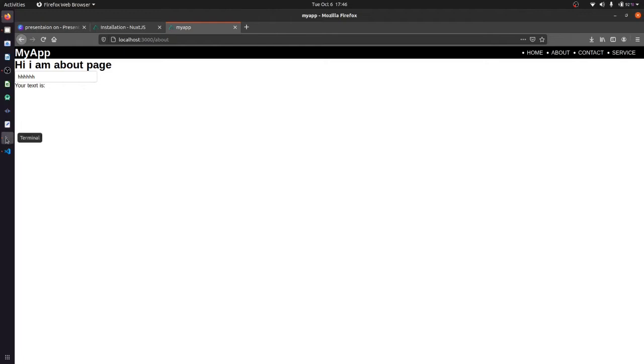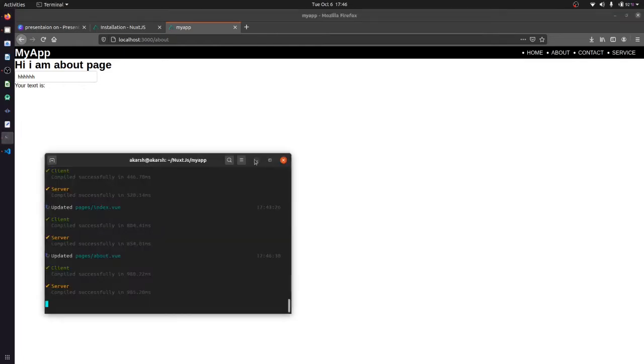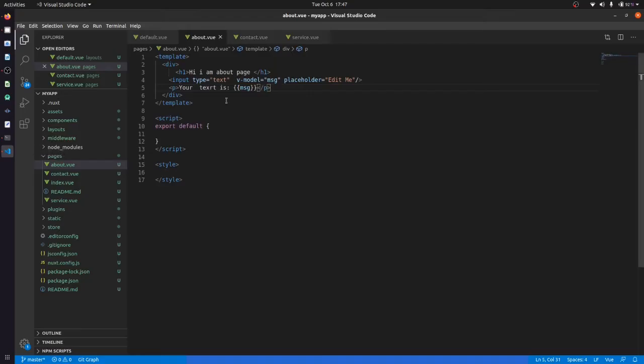So for binding that we have to call that msg variable into our application. We have a default export, and inside that we will create a data function. Basically this data function contains all the information, all the variables that you are using in your application.